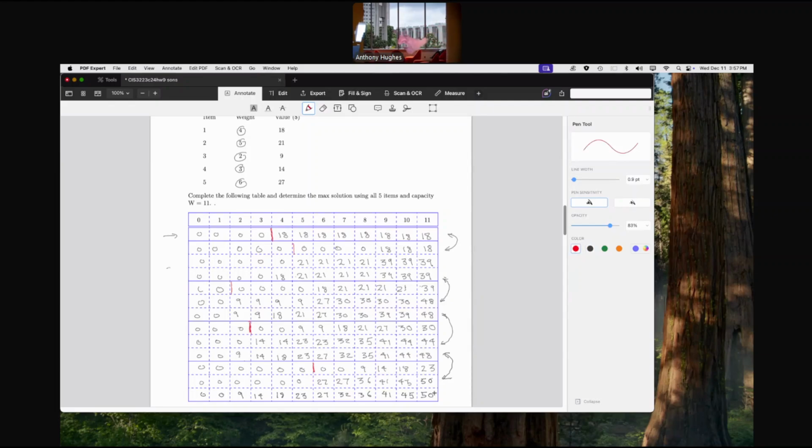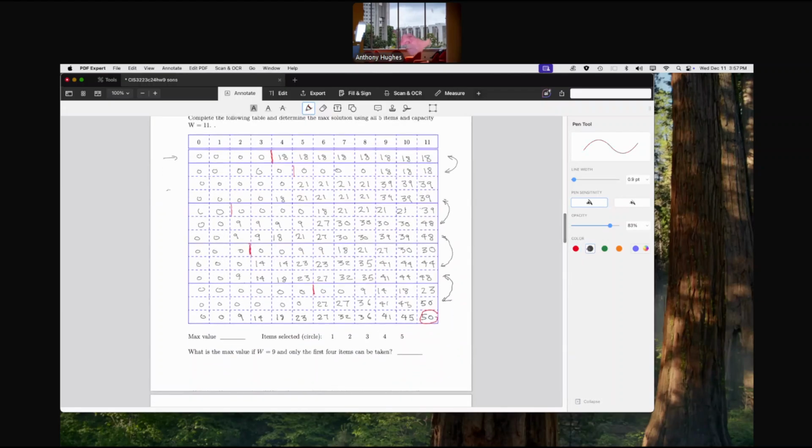Okay, so the winner is 50. So coming back, the max value is 50. However, what they don't do in the book, but what we do, is actually finding items that gave you the 50. So let's go ahead. What we do is we go to 48, I'll do it in green, and we see it's different. Therefore, we use the last item. So by using the last item,